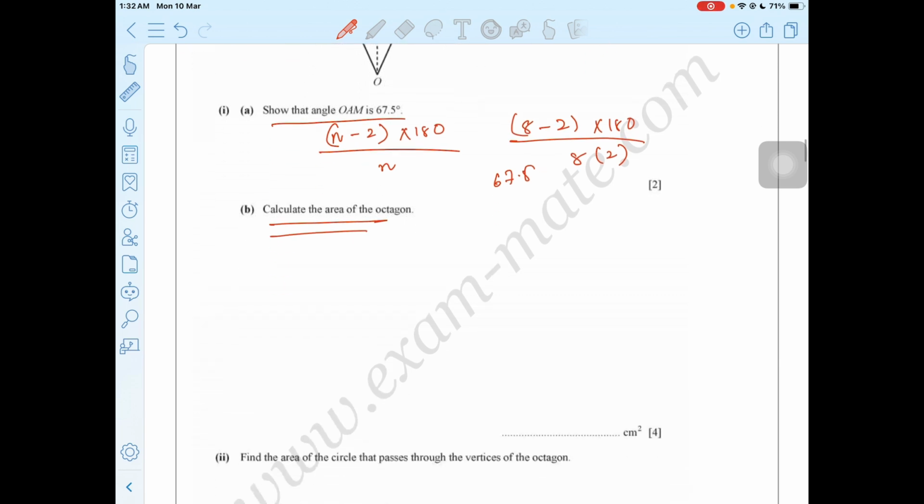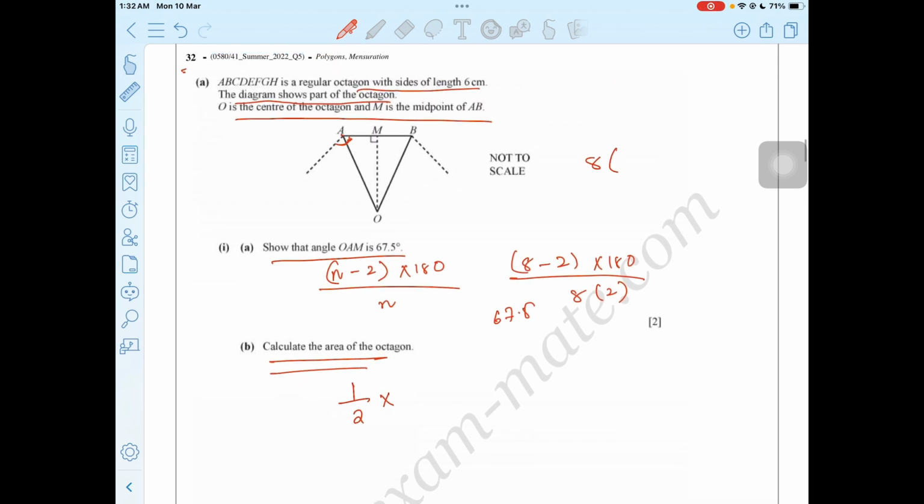So we have 1 over 2 multiplied by OA square. This can be OA. OA is we have the length as 6, right? And this is M as something like midpoint, so this would be 3. We have our OAM as 67.5,